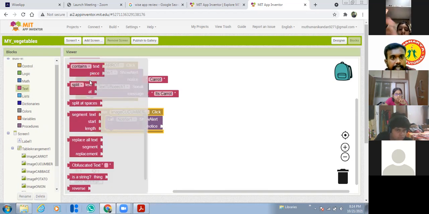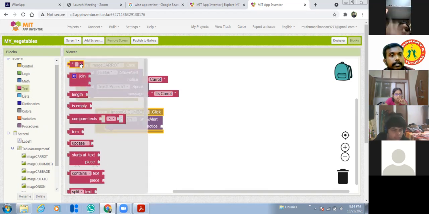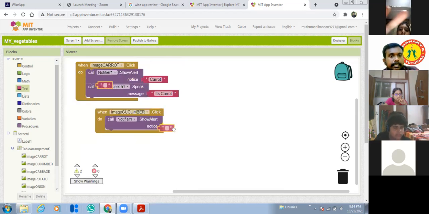Take the first command, the empty text, add it over here, and here I'm going to type the message. What's the text I want to show? The cucumber name, right? So I'm going to type cucumber, so that the cucumber name will be shown.